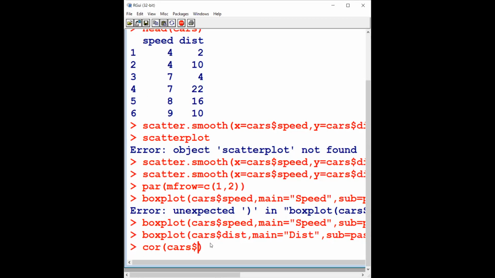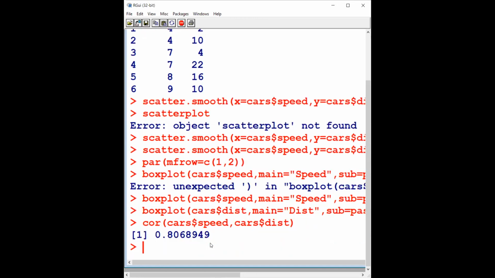So I'm going to use cars$speed, comma, cars$dist. So we can see the correlation. Again, there is a strong positive correlation. Now in this case,